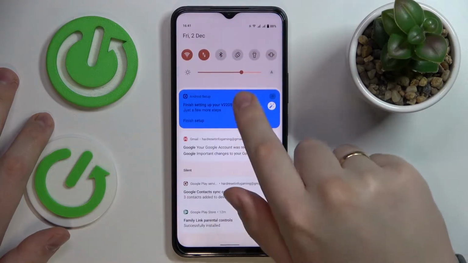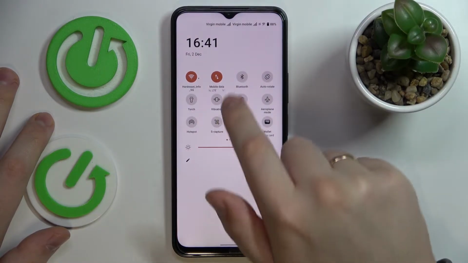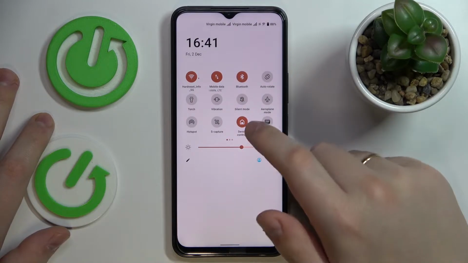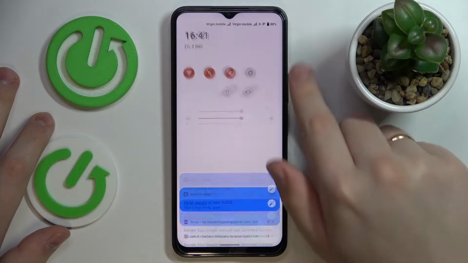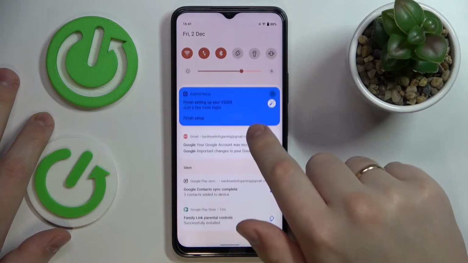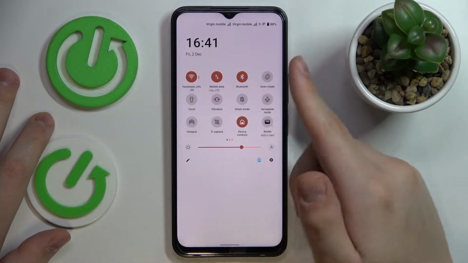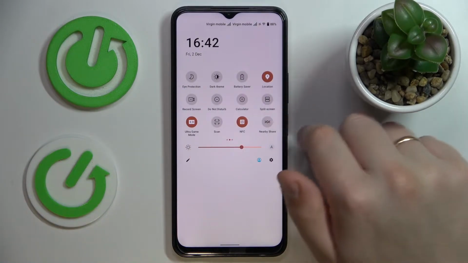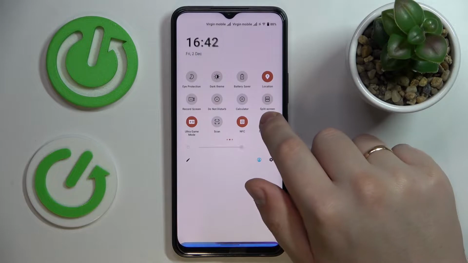So first of all, make sure that your smartphone is connected to the Wi-Fi, has the mobile data enabled and Bluetooth as well. Onwards, swipe downwards from the top part of your display, open the Control and Notification Center, expand the shortcuts that are at the Control Center, look for the nearby share icon among them, then touch and hold